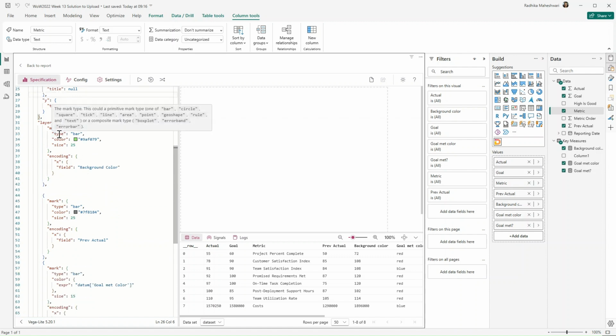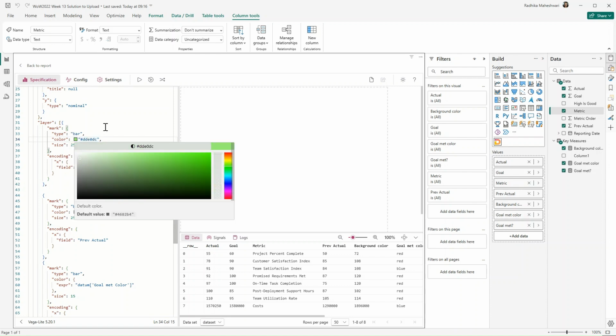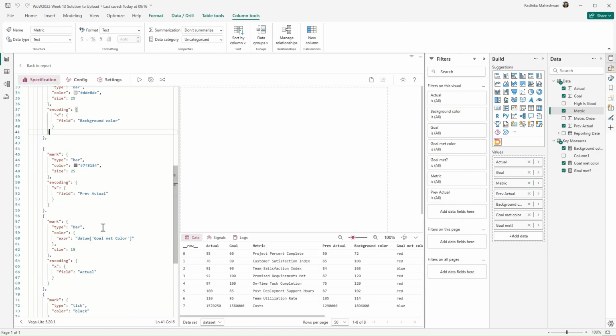And then in layers, we are defining the layers such that the layer which should be visible at the very bottom is shown first, like we have written it first, and then the layer on top of it, and then the layer on top of that. Let's just change this color quickly. I'll choose this gray color.